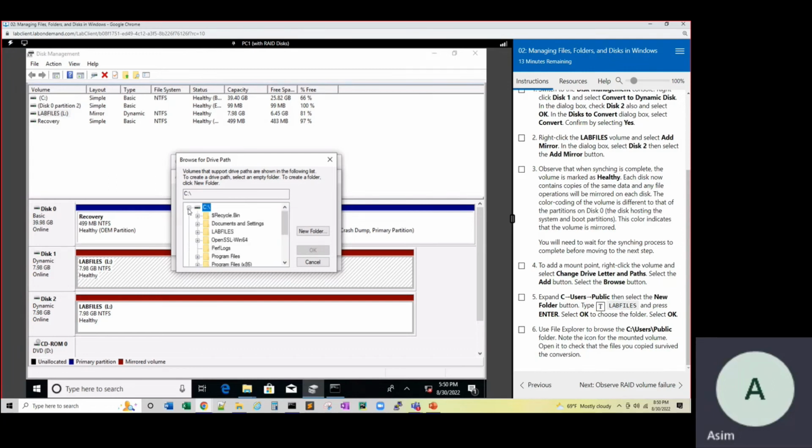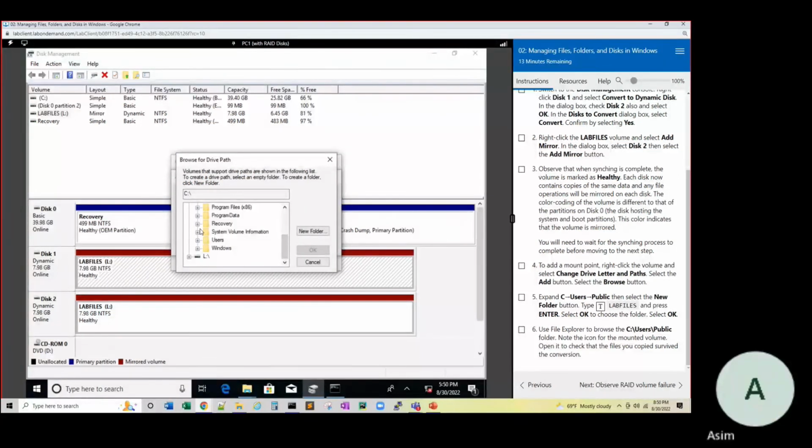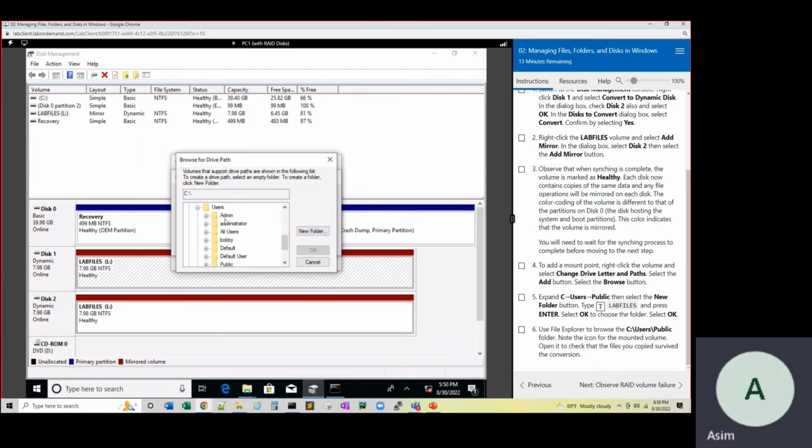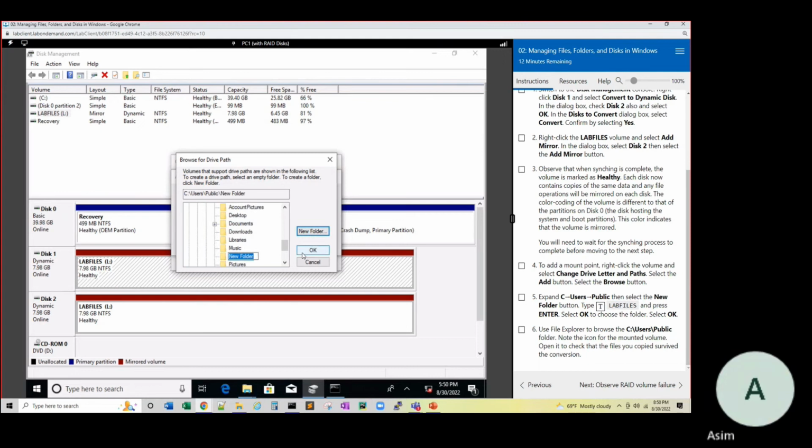We want to mount this volume to the C drive, folder called users, and under users is called public. And it says select new folder under there, and the folder name should be